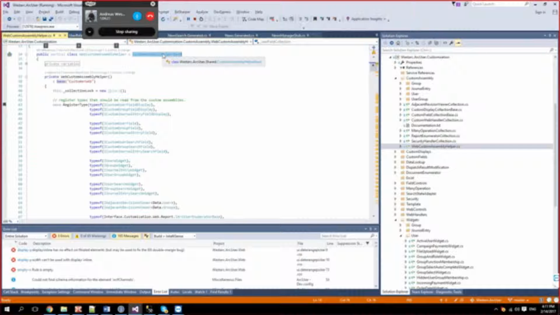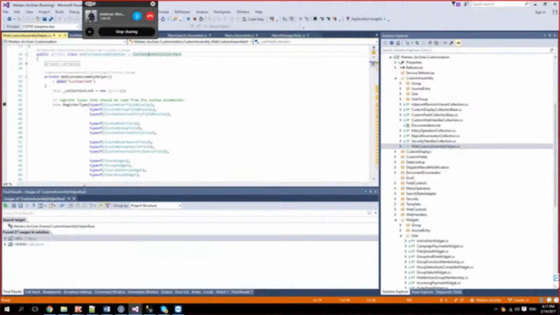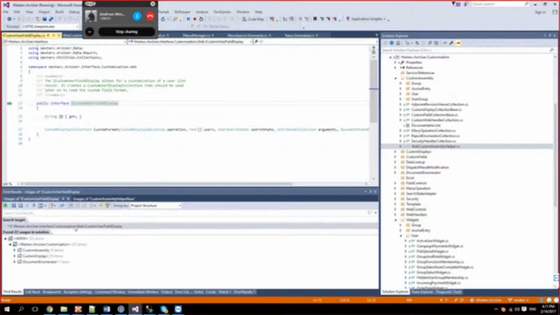Do we have all module interfaces here? All the module interfaces are, let's see, Alt F7, usages.